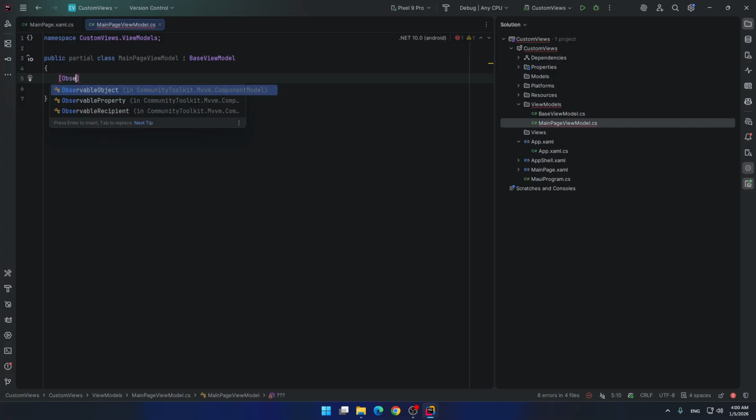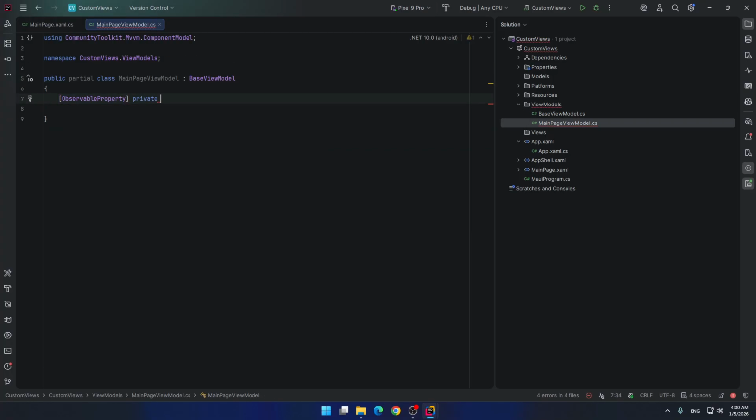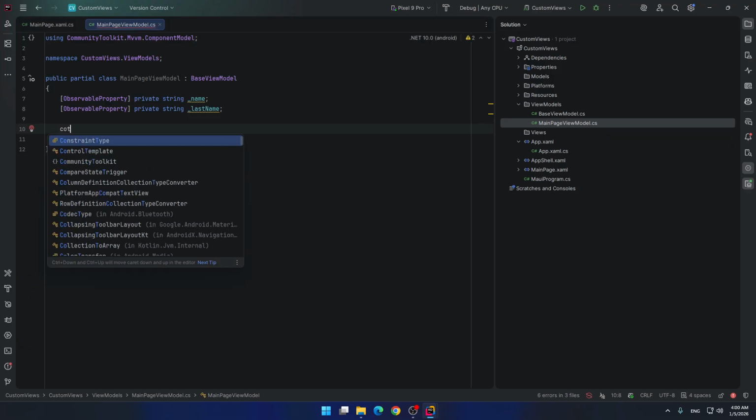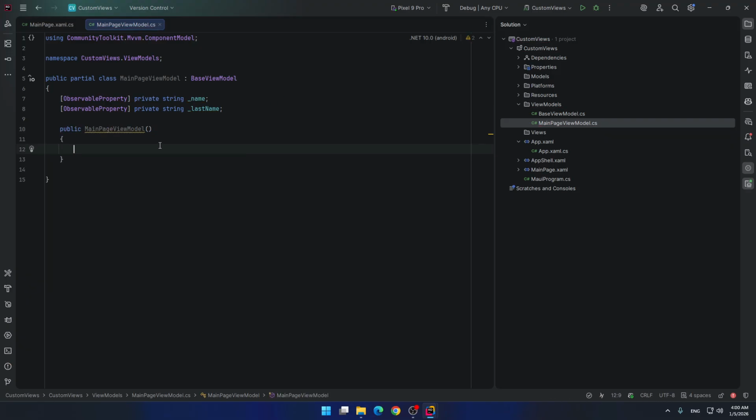Let's create observable property, for example, name and last name. Inside constructor, we'll give name John, for example.